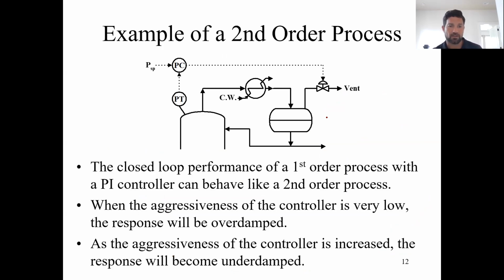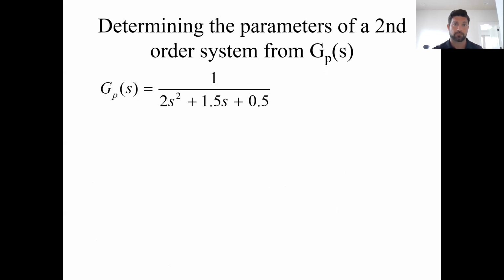Okay, so an example of a second order process would be something like shown here. For example, this is a closed loop performance of a first order process with a PI controller, which would look like a second order process. If we make it very aggressive, so it responds fast, or if the aggressiveness is low, so it's a conservative process, it'll be overdamped. But if we make it very aggressive or respond fast, it's going to become underdamped. So I want to use this example right here to take a transfer function and